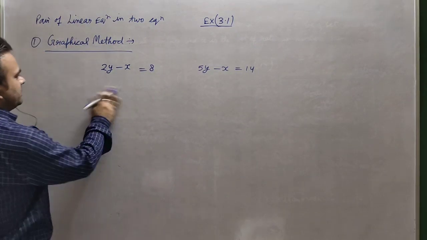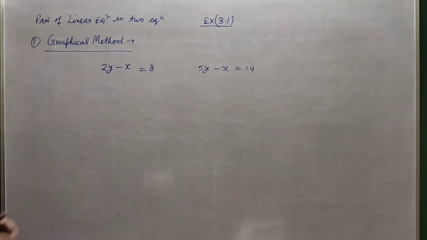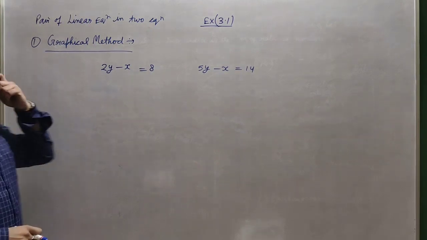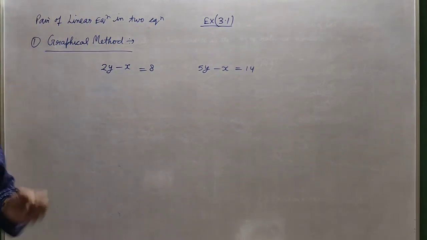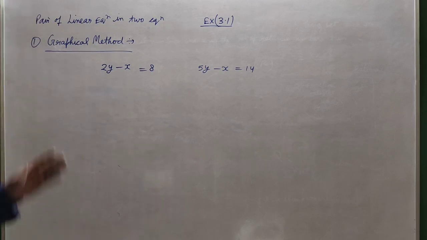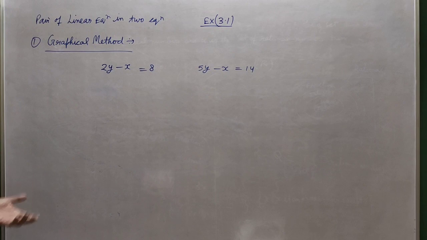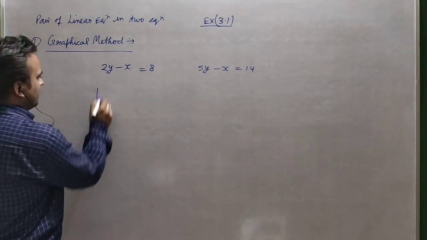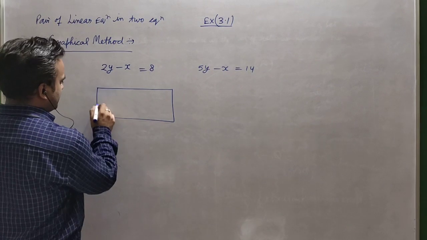Now for this one, graphical, it means we have to draw something on a graph. If we have to draw something on a graph, it means we want a point, because without a point you cannot draw anything on the graph. These are the mathematical coordinates, as we call them. So what we will do is find the coordinates.